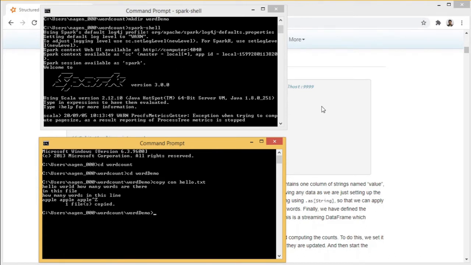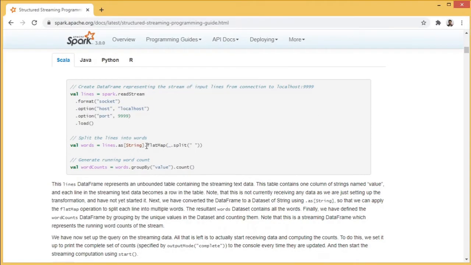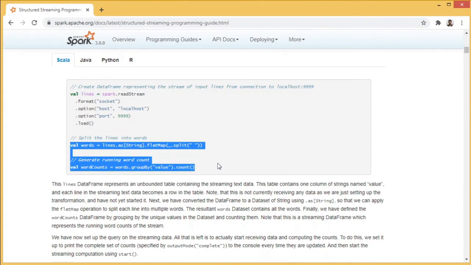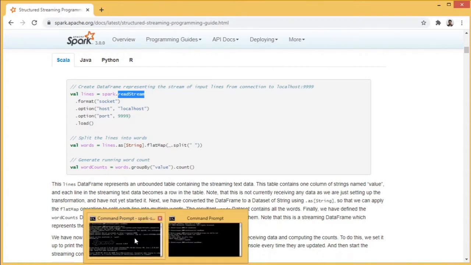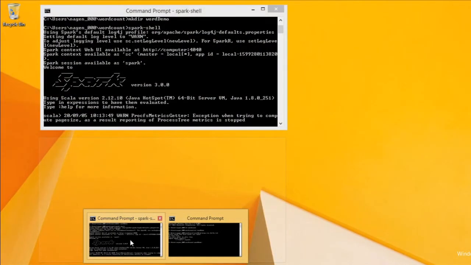And here the example is of Spark streaming. So as I told in the last video, if we use a read stream, the write stream would be different, and otherwise it's almost the same. So for simplicity, I'll not be using read stream. I'll be using normal spark.read to read those files. That way we can simplify it a little bit.